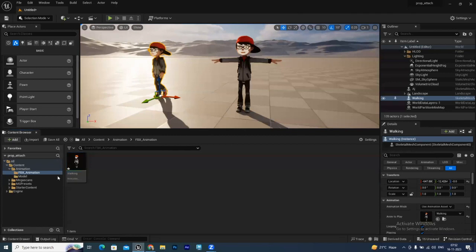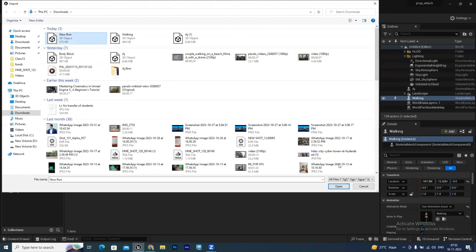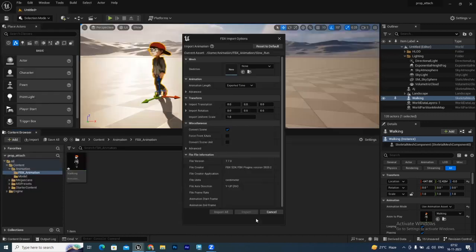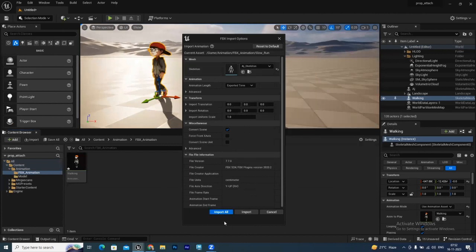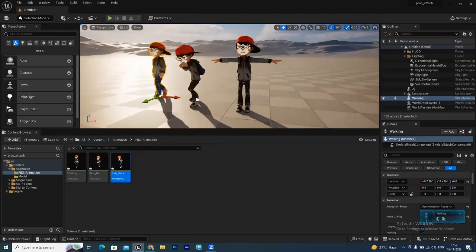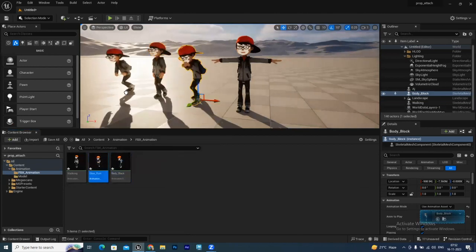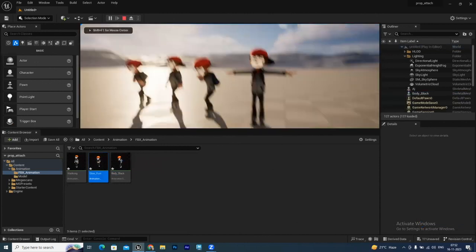Then again, in the animation folder, right click, use the word import, and use the one called run. I'm loading multiple also. I have one more right now called body block. Load both of them. So import, now import all. So select this one, use the same skeletal mesh, and use the word import also because we selected both of them. So we have two files. One is your body block, and one is your run. So you see right now, nicely these characters are